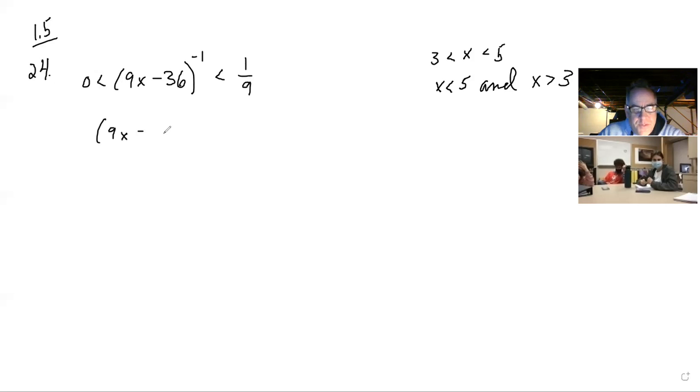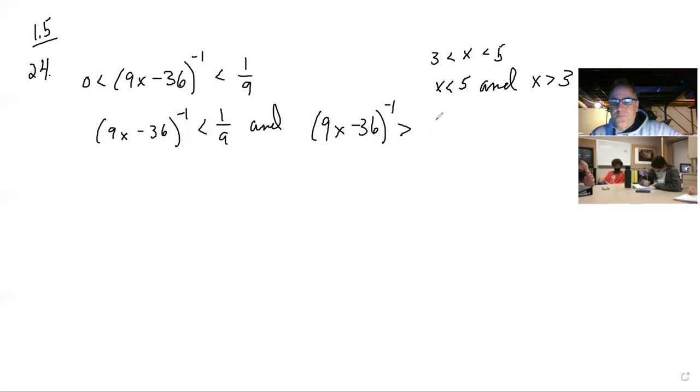9x minus 36 to the negative first less than 1/9 and 9x minus 36 to the negative first greater than 0. And we'll solve each separately. The reason we have to do this is we're going to have to employ a reciprocal property on one of them, which is technique-wise different than the other. So